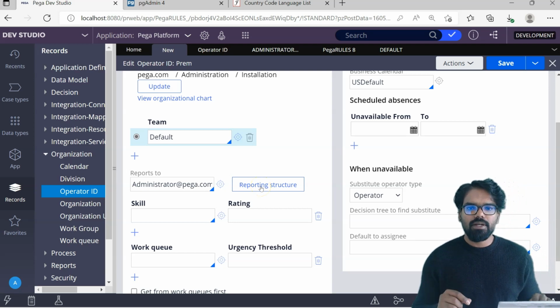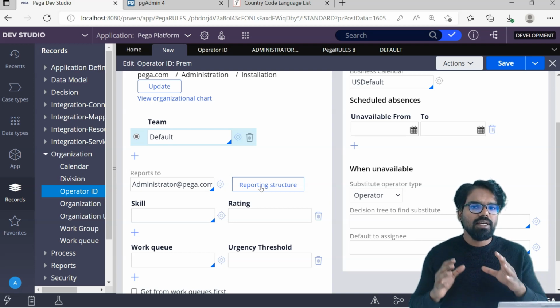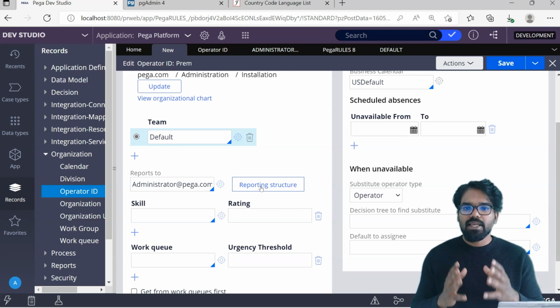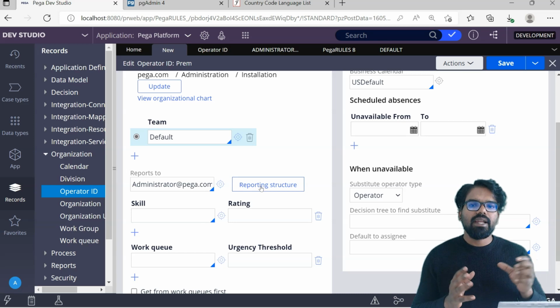Let's say the A-Life organization has German customers, and this Dutch organization has end users who have some kind of fluency in the German language. So to treat the German customers, the best way is to route the case to the end users who are good in German, right? To do that, you can create a skill rule